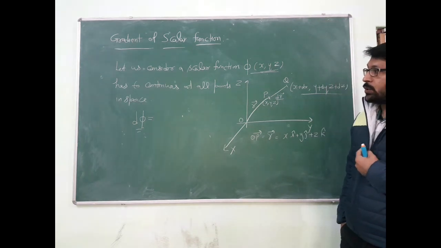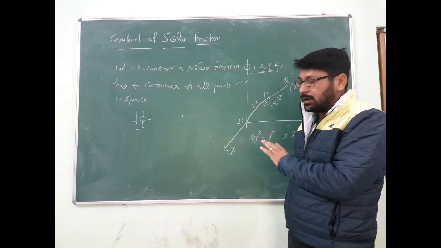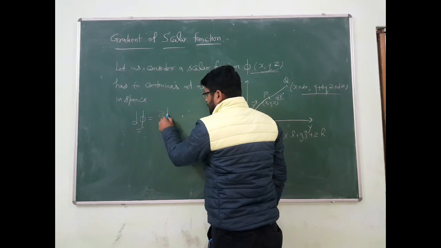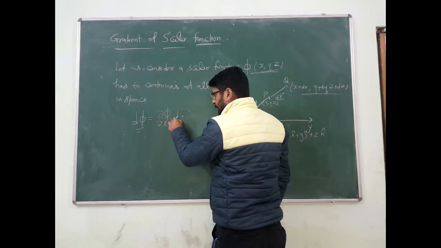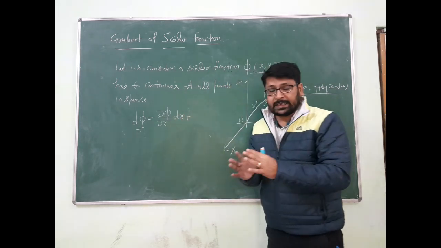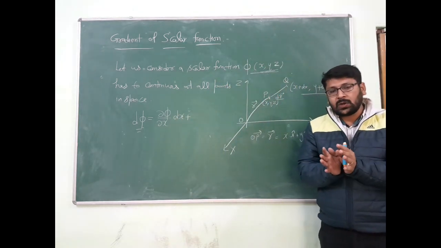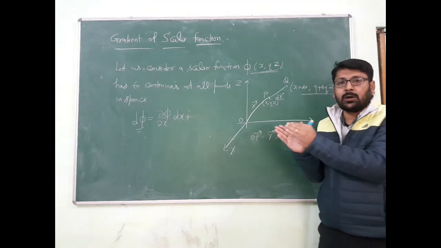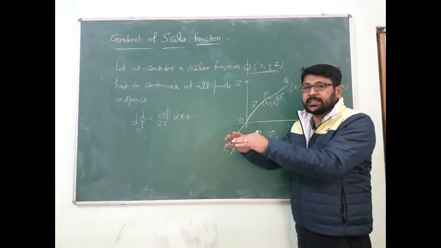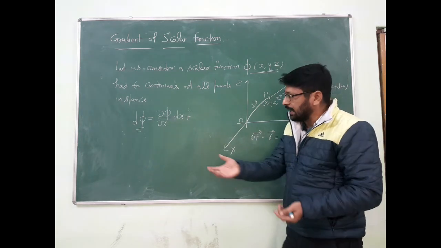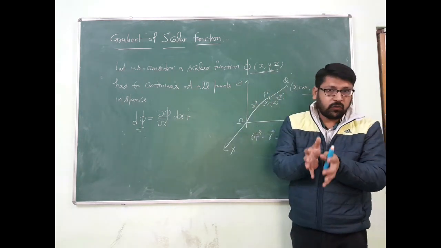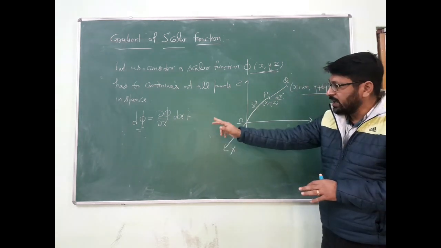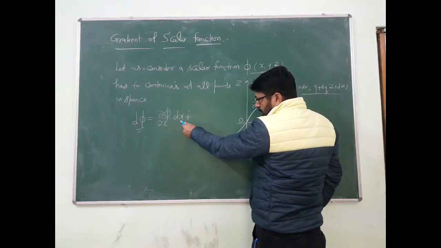Then according to the Taylor series, this change in phi will be equal to the change in phi along the x axis times the change in x. If we want to find the total change along the x direction, that will be how much phi changes along the x axis times how much x we have changed. But here we are calculating the total change in this space, so d phi will be partial phi over partial x dx.